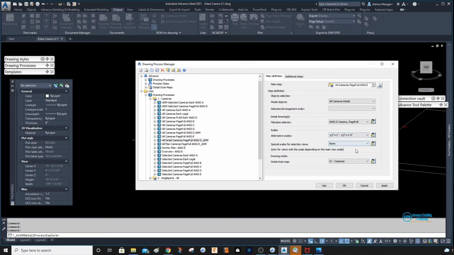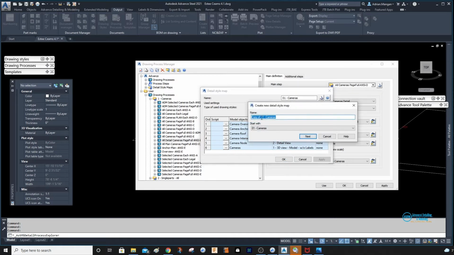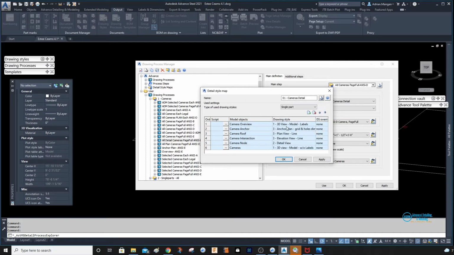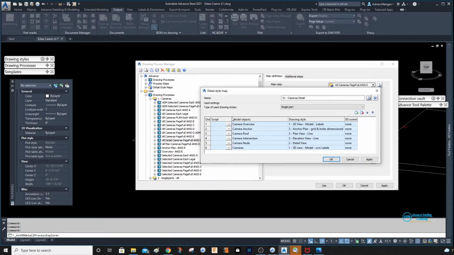And the scale's fine. Special views, detail map, detailed style map is here. I don't want to do all these. This is not what I want. So we want to do cameras detail. Oh, excuse the caps. Hope everybody else gets caught out like that. It's not just me all the time. Cameras detail. Next. So I'm just doing the cameras detail, so I don't need to direct